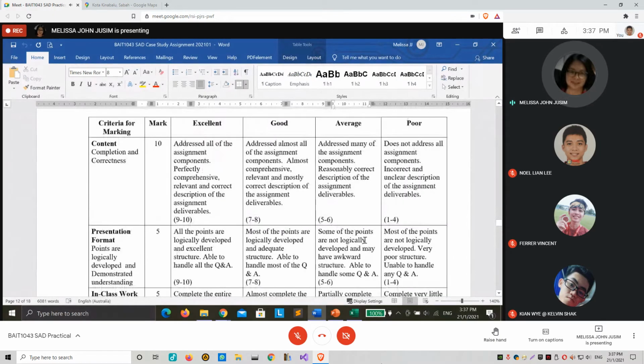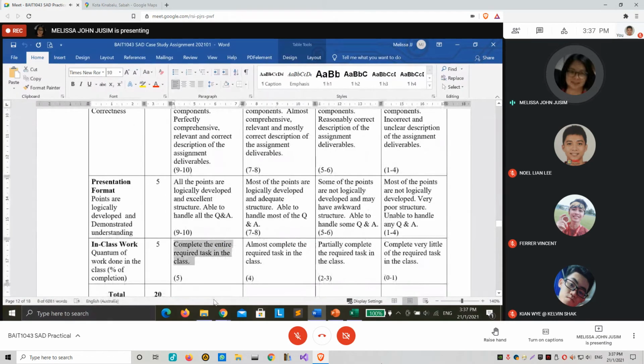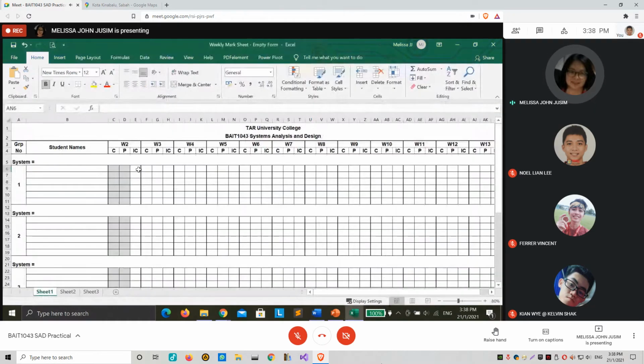Excellent means you complete the entire required class work in the class, meaning within the 1 hour, you give me a preview of what you will be presenting next week, so I can give you feedback. If 100% complete, then I give you 5 marks. If you miss one item, maybe I deduct marks for almost complete the required tasks in the class. This one will be weekly, starting from next week. Next week in-class work.